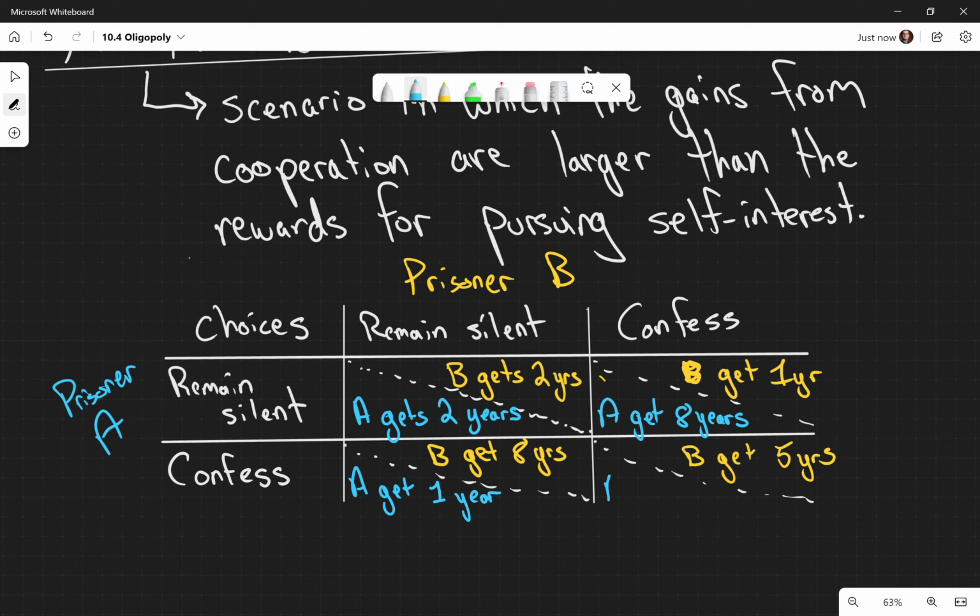And person A is going to get also 5 years. All right, so this is our prisoner's dilemma. And the way in which we solve this is by thinking about the world as two discrete possibilities, right? We want to think about the world as either